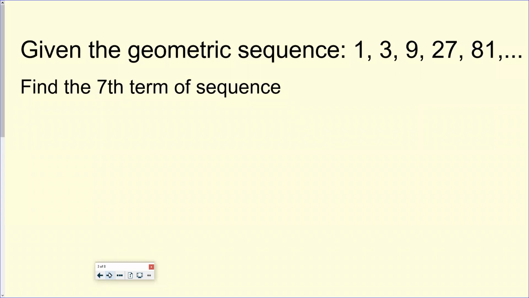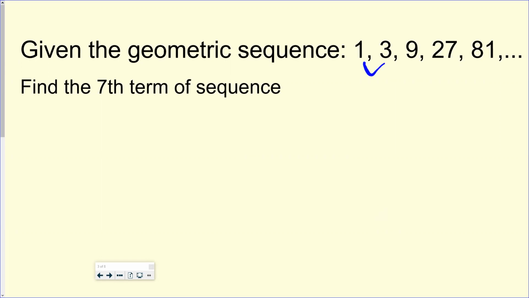All right, so this right here is a geometric sequence. I got 1, 3, 9, 27, 81. I want to find the 7th term of the sequence. So in order to do that, I need to find my pattern. This is very much like when we talked about arithmetic sequences, which was back when we learned that we sometimes have patterns by addition. In this case, we have patterns by multiplication,